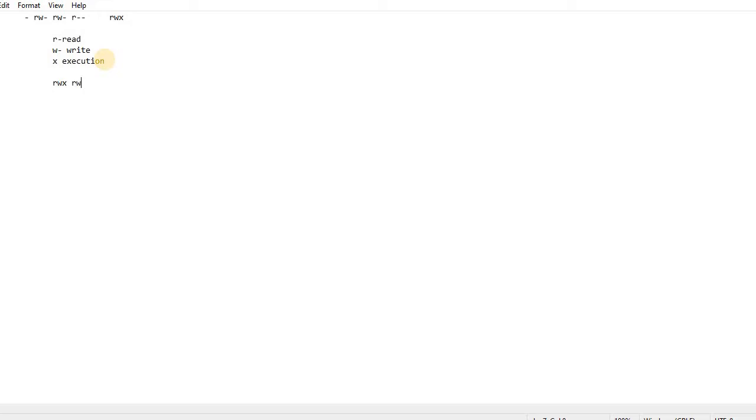But whereas in other case, let's say it would be as it was. Okay, R slash slash. Okay, now how to change this? For this you have to use the chmod command. How to use this? chmod permissions and the file. chmod is fine because it's a standard command. File is fine, but what are these permissions? How to mention these permissions here?